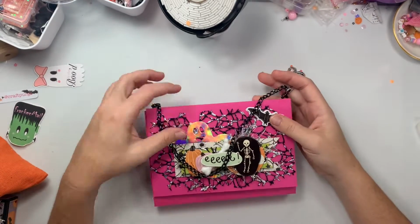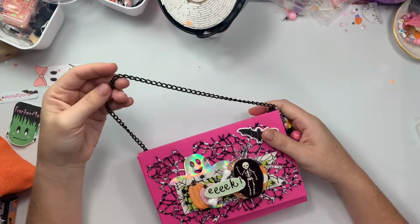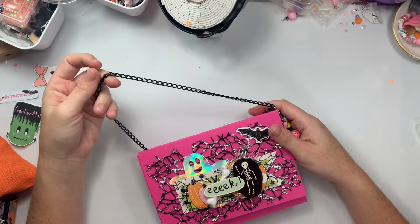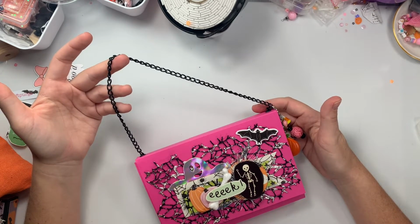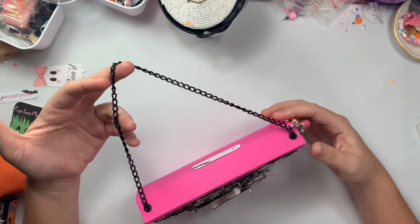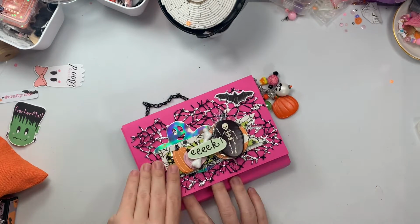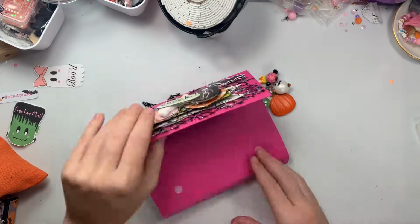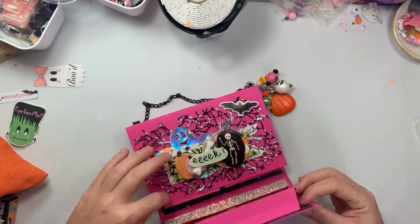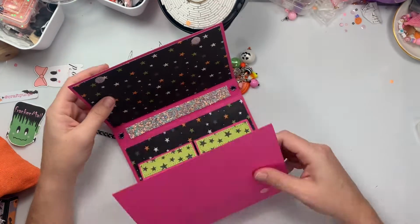I followed Brittany, who is Bbzkraftz, and her tutorial. I forgot what she called it, but mine ended up turning into a purse because I don't know if I measured wrong. I couldn't get it right, and it didn't look right. So I ended up putting a flap the other way around, and it turned kind of into a clutch. It did not look right whatsoever, so I improvised